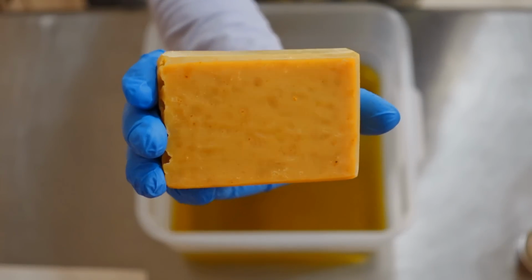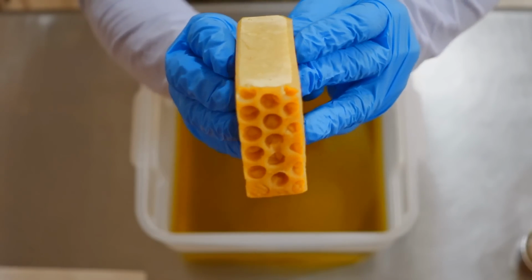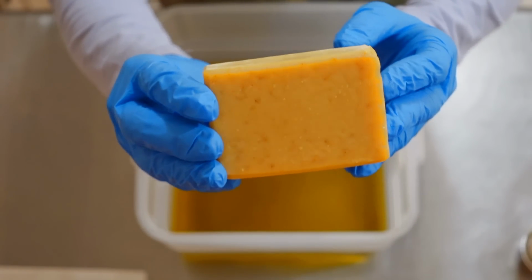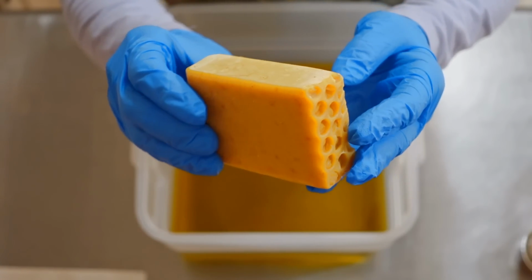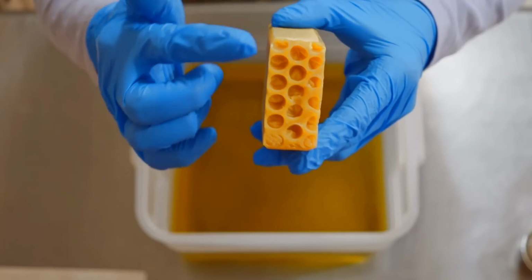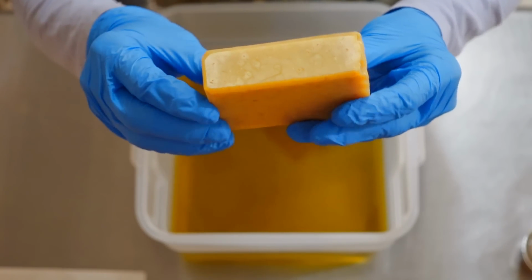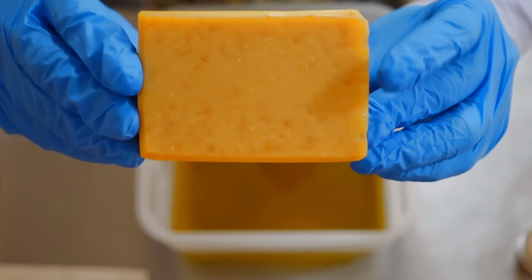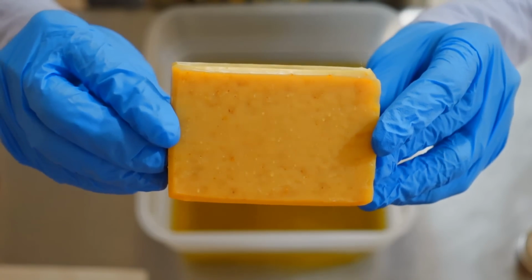So the awesome bar of soap that we are going to be making today is our honey orange bar. If you guys love the honey oat bar, you will absolutely love the honey orange as well. Now this bar does have the honeycomb design down the side and it has a flat top, but just check it out. You can see all those awesome little orange specks in there, and it gives it such a great